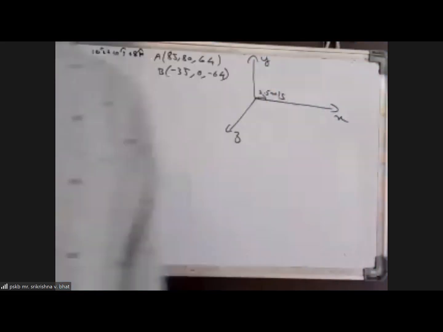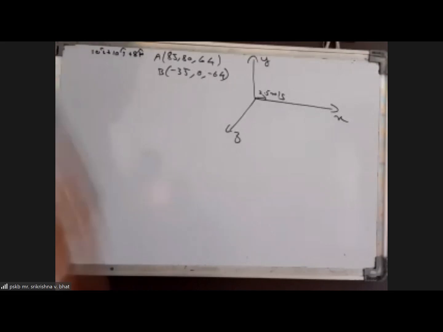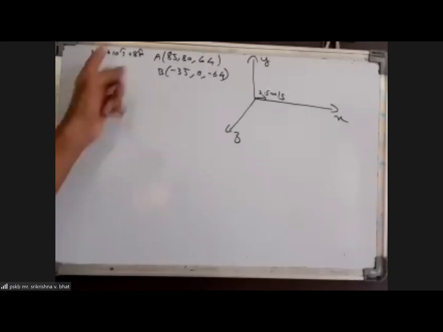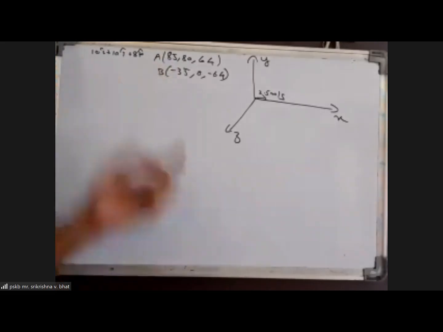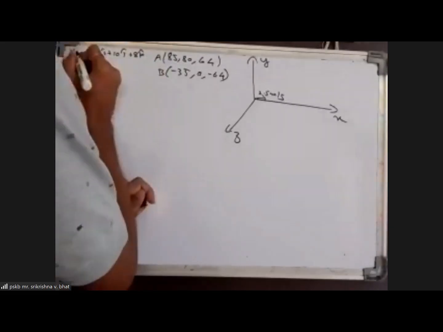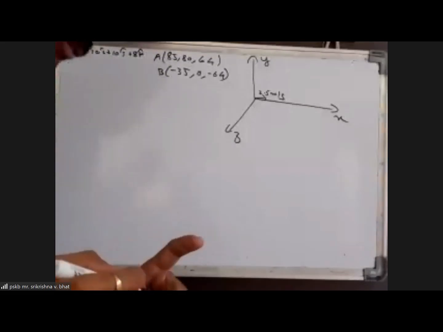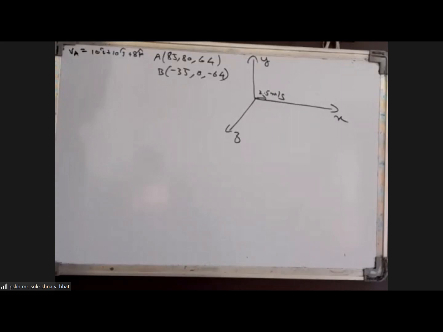Okay, so here, using the information given in the question, if you work from that: initially the shell had 4 kg mass and was moving along the x-axis with 2.5 meters per second. Ten seconds later, we have 3 fragments, A, B and C. Their position coordinates are given like this, and A has this velocity: 10i plus 10j plus k. We want to find the velocity vector of C at that particular time.